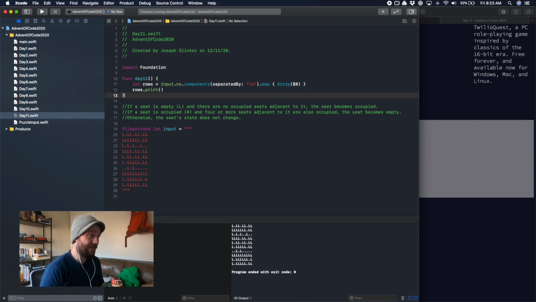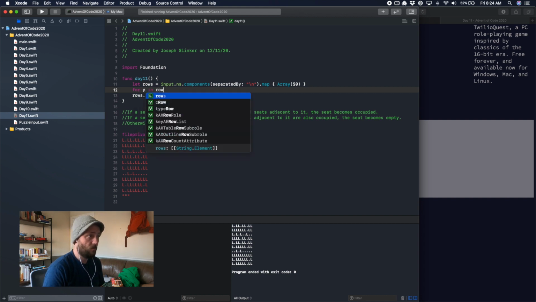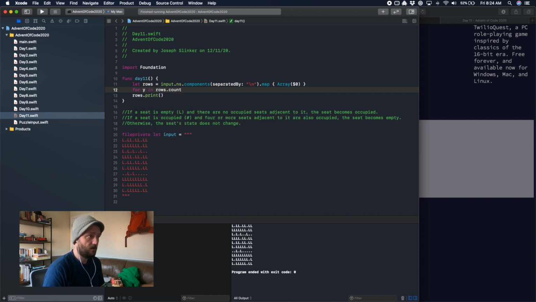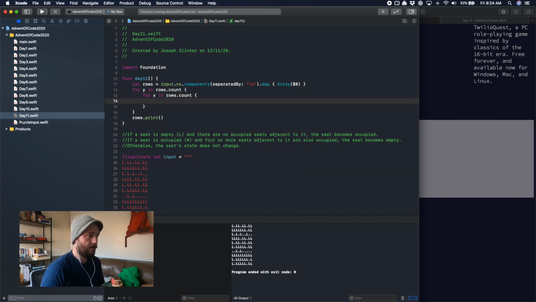So for a given seat, if a seat is empty, okay, so we're going to do for y in rows.count, for x in rows.count, and then